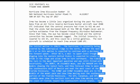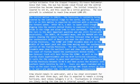Okay, we all know now, I've just showed you Irma has come down 5 miles per hour from 185 to 180. Irma has become a little less organized during the past few hours. We're not going to get into all of that. Here's something, one of the most important things. Now, the initial motion is